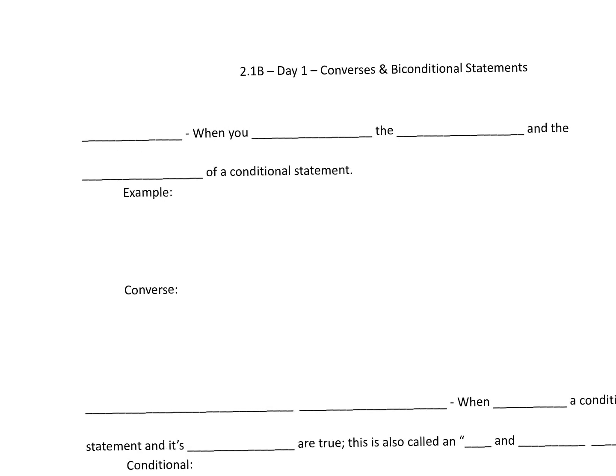Let's talk about 2.1b. The first terminology is a converse. A converse is when you switch the hypothesis and the conclusion of the conditional statement. So, for example, let's say our statement is,